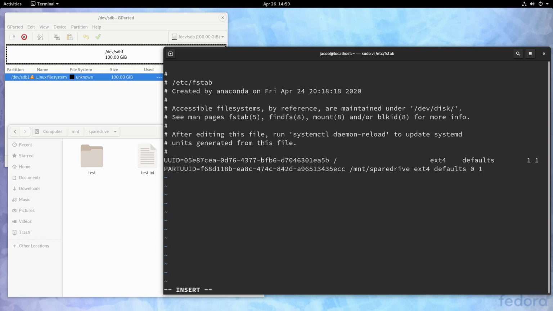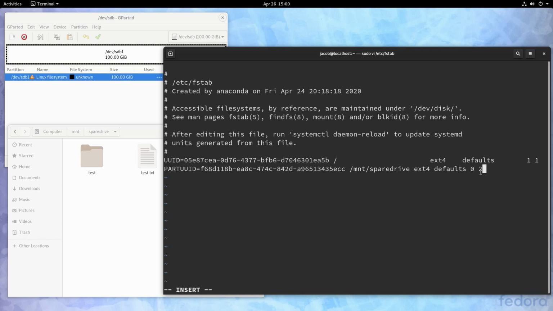A 1 means check the partition immediately when the system is booting. For important partitions, such as our root partition, we definitely want that to be checked, and it is high priority to check that one, especially before others are mounted on top of it. And then all other partitions that you want to be checked next, we specify a 2. Now, you can't go higher than 2. If you've got 10 partitions, you can't specify the actual order, do this one third, this one fourth. We're only specifying in what round of checks we want disks to be checked.